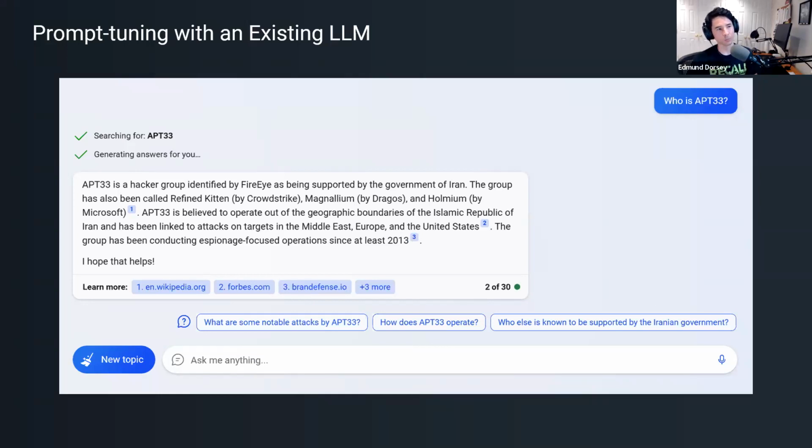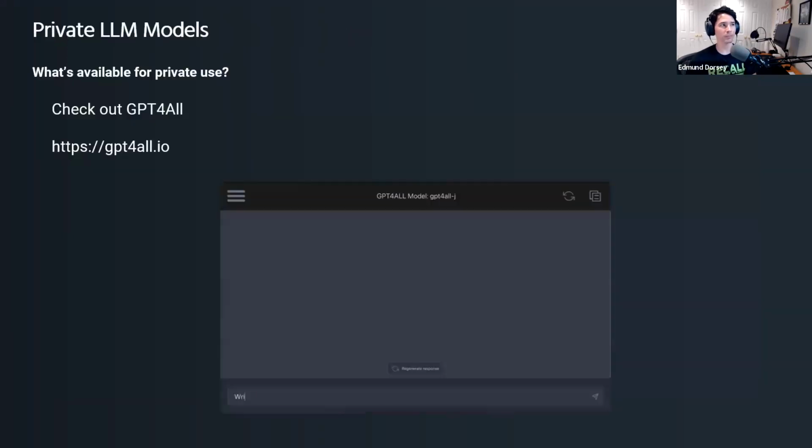One of the things you're probably aware of in working with some of these LLMs is that they've been trained with data that is not up to date. ChatGPT 3.5 and 4 and Google PaLM or Bard have been trained with data up to about the end of 2021. So if you ask them for information on something newer than that, they're not going to know the answer unless you provide additional context through prompt tuning.